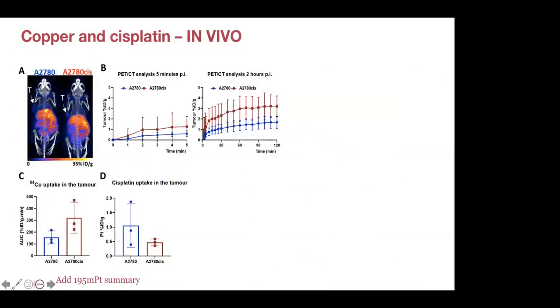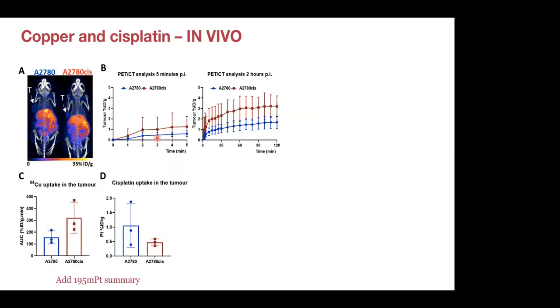What happens in vivo? Well, rather disappointingly, first of all, the image is shown on the right with the A2780 tumor on the left flank here, and the A2780 cis. Both are visible in the scan. You can't really visually see much difference between the two scans, but collecting quantitative data over a number of mice,